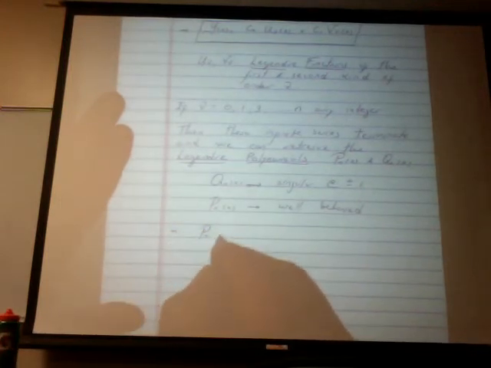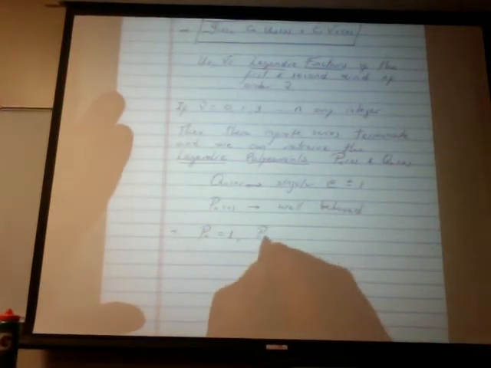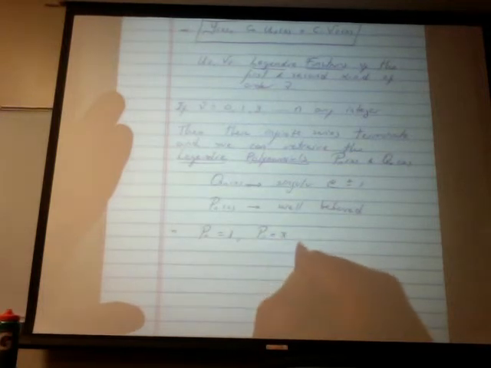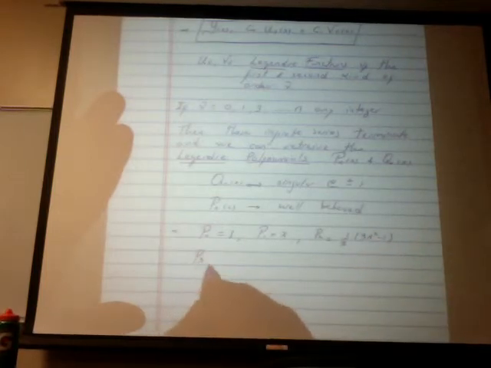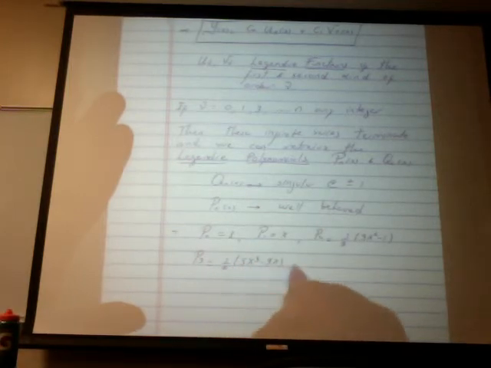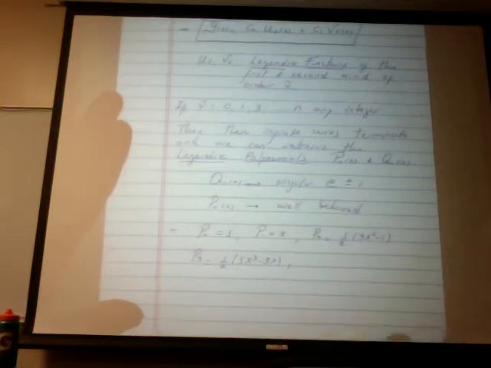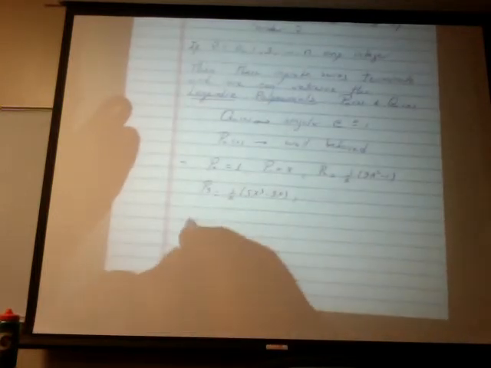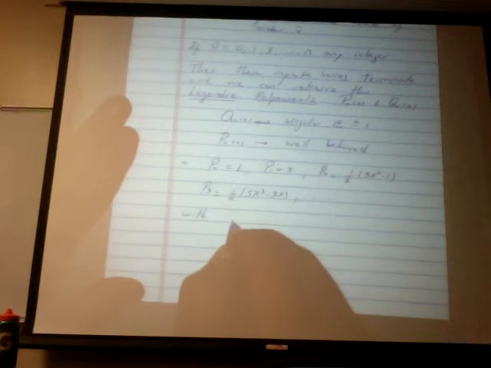P0 is equal to 1. P1 is equal to x. P2 is equal to 1/2 of 3x squared minus 1. P3 is equal to 1/2 of 5x cubed minus 3x. And so on and so forth, with recurrence